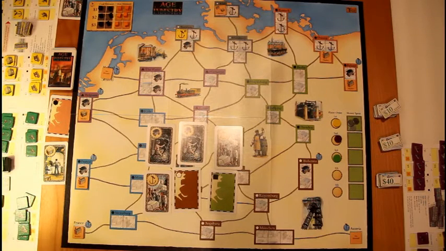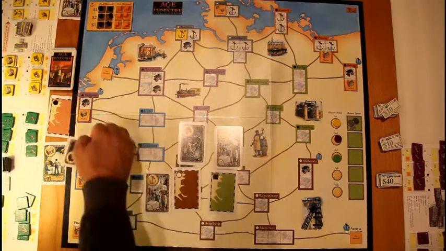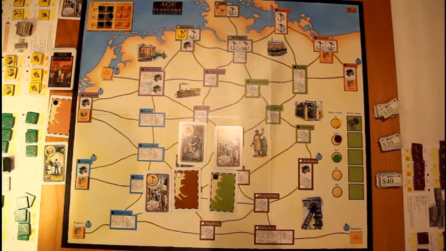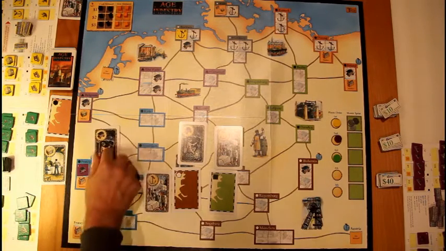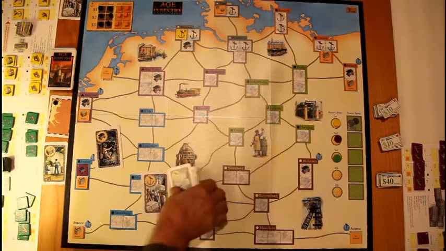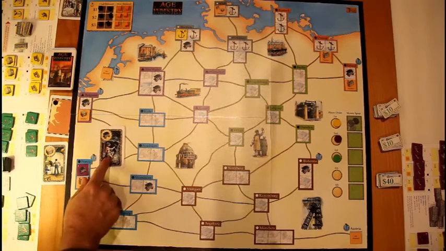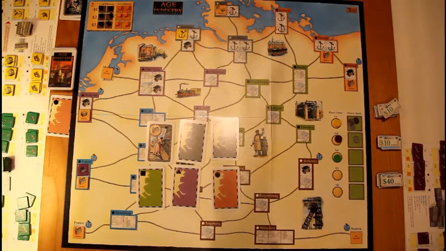So purple will just use a coal mine card, and let's say down here in France, purple will build a coal mine. So if it wants to build a coal mine here, it's going to have to play this card. These cards will go back into purple's hand. A coal mine costs $1, and purple doesn't have any money, so